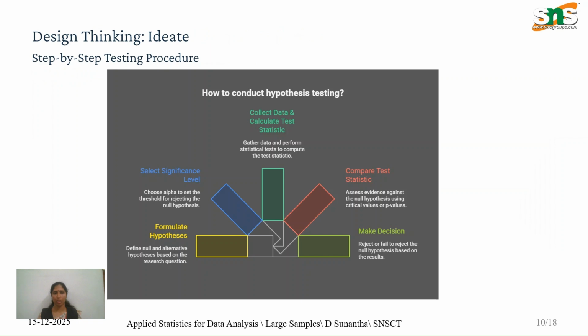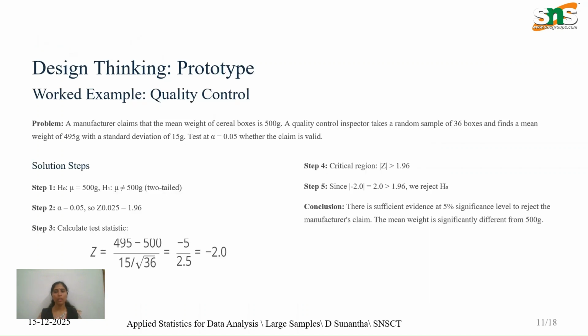Next is taking the decision. If the calculated value is greater than the critical value, we will reject the null hypothesis. If the table value, that is the critical value, is greater than the calculated value, we'll accept the null hypothesis. So here is one example in which a manufacturer claims that the mean weight of the cereal box is 500. Totally there are 36 boxes,